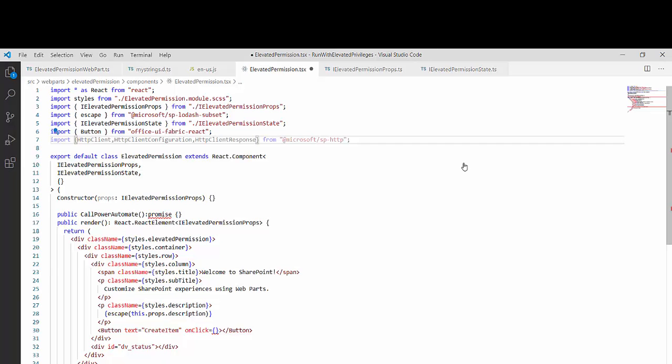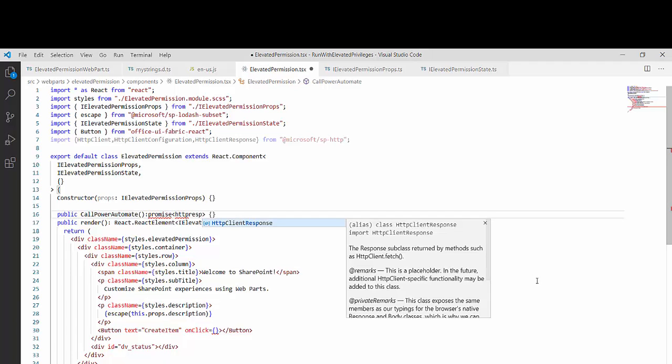In my previous video, where we were directly interacting with a SharePoint list from inside SPFx, we used SPHttpClient, but now we are not interacting with SharePoint, so I'm just using HttpClient. This is the difference. From here also, this function will give us an HttpClientResponse. So now my promise will be of type HttpClientResponse.